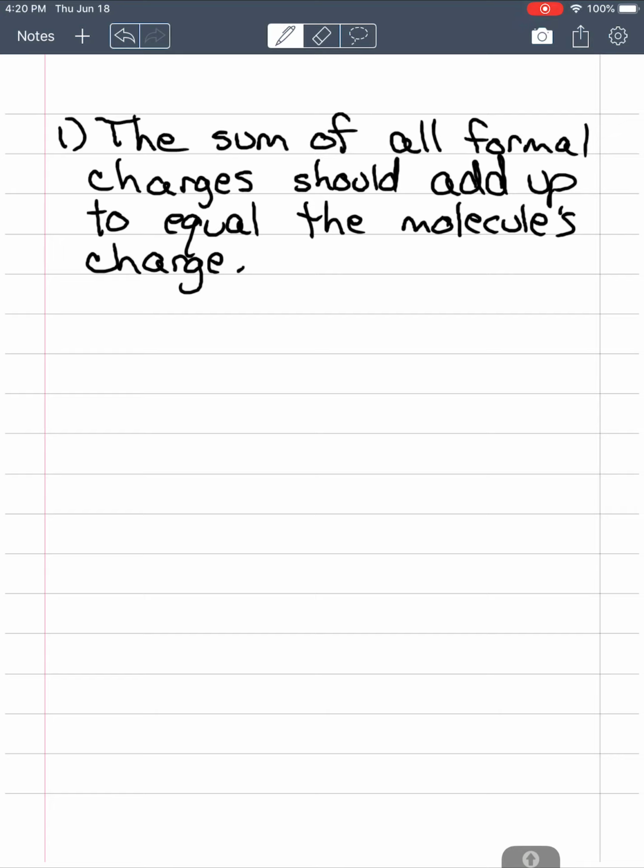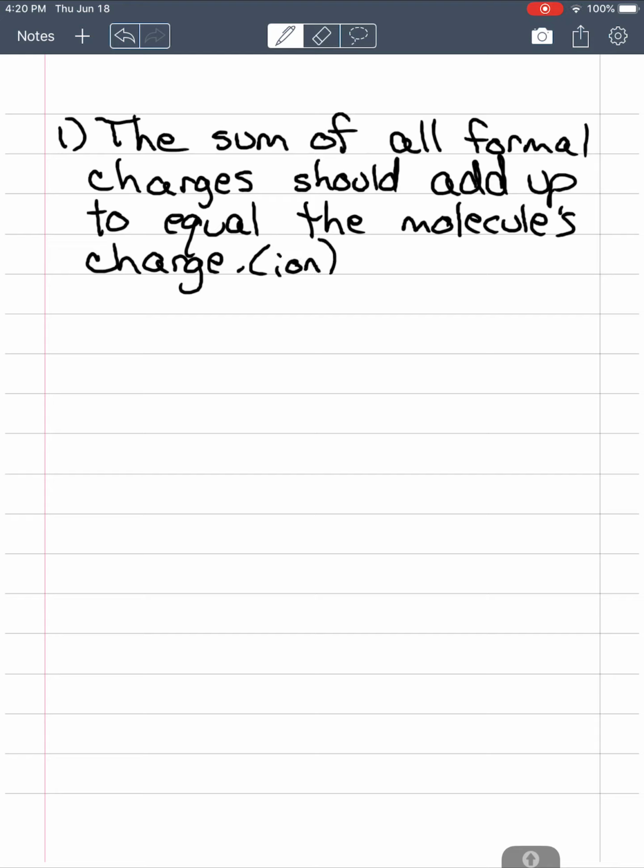So the sum of all the formal charges should add up to equal the molecule's charge. Now, generally, molecules aren't charged, that's ions. So what it's saying is when you have a molecule, those are neutral, so when you add all the formal charges up, that should equal 0. Or in the case of an ion,